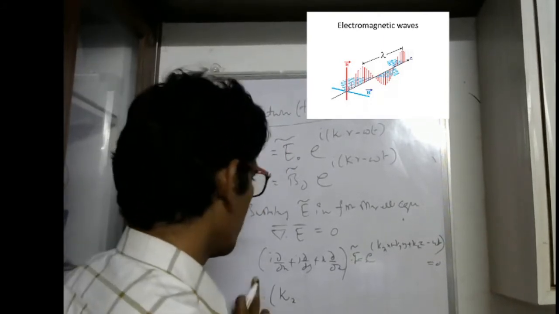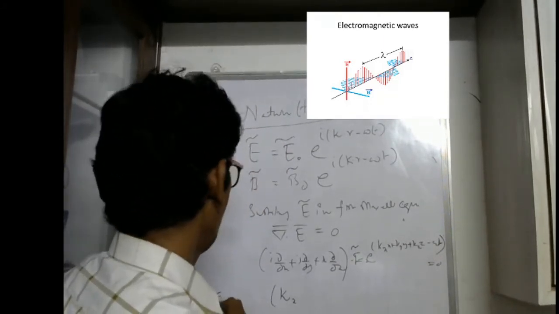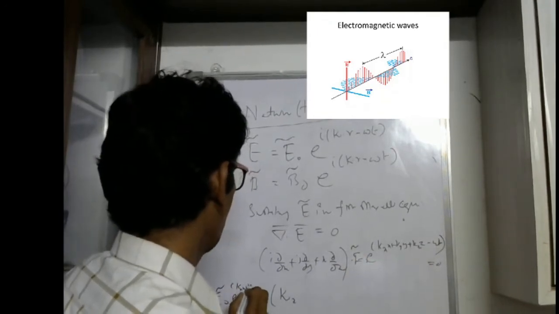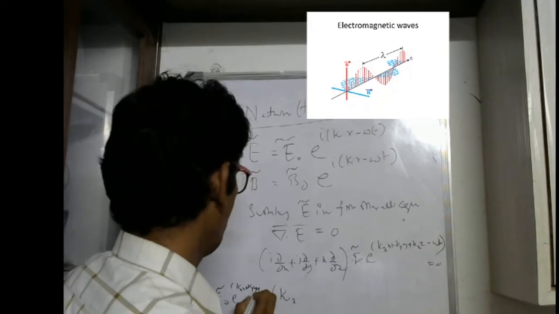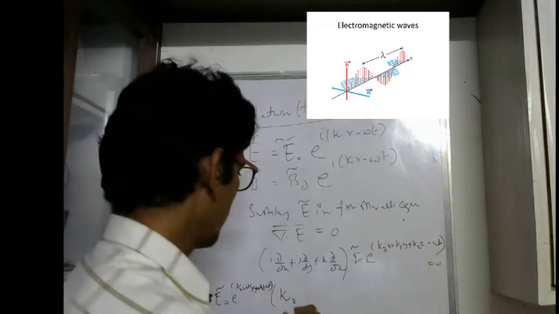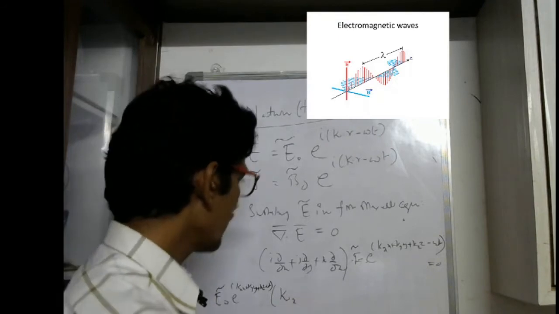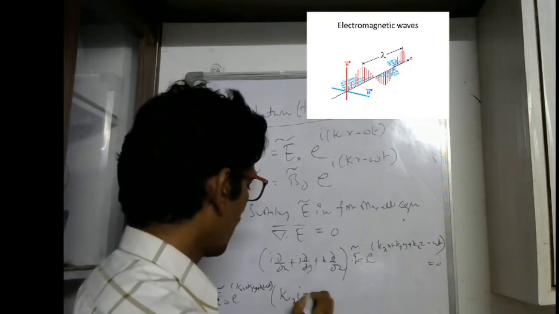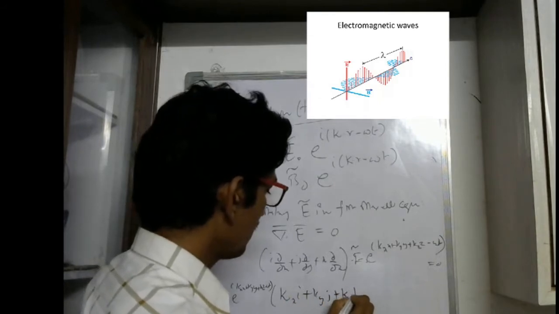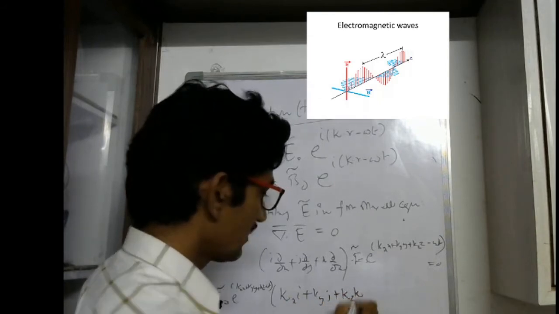That's why you write the entire thing: E naught e to the power of kx x plus ky y plus kz z minus omega t. Here again you have kx i plus ky j plus kz k, a wave vector,